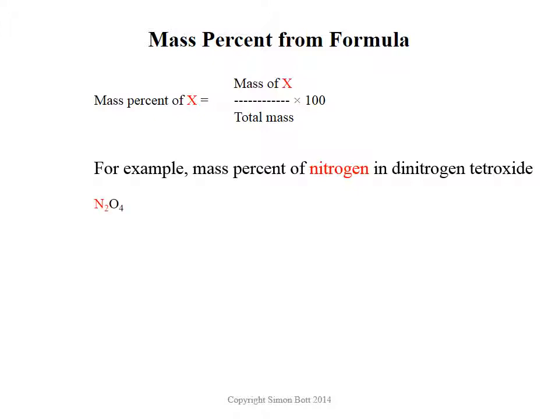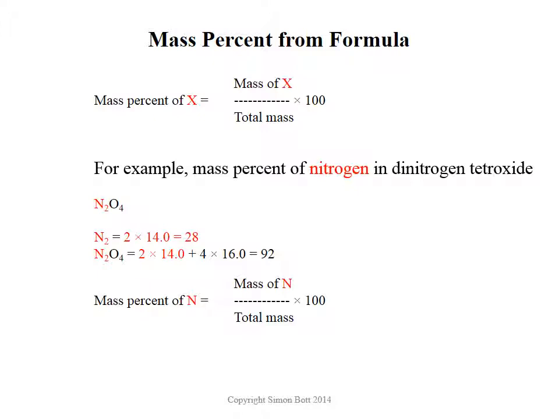And we've got 2 nitrogens and 4 oxygens. So in that N2O4 formula, in a mole of N2O4, in a molecule of N2O4, however you want to do it, you've got 2 nitrogens, mass of nitrogen 14, so 2 nitrogens is 28. You then take the entire N2O4, you've got 2 14s for the nitrogens, 4 16s for the oxygens, total mass, I hope, of 92. And so the mass percent of the nitrogen is just simply going to be the mass